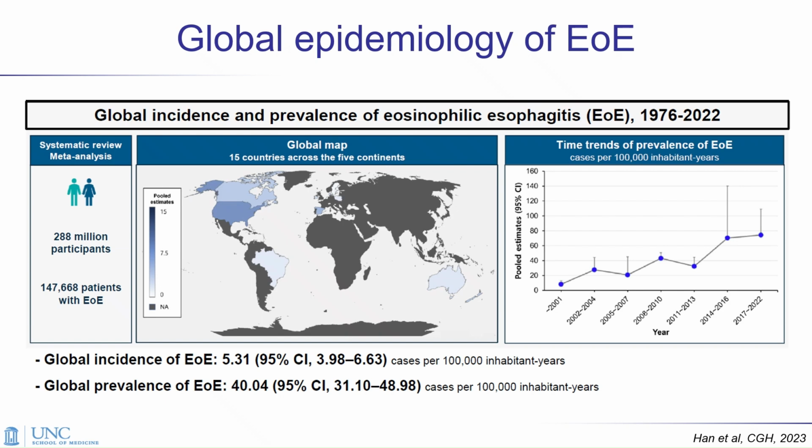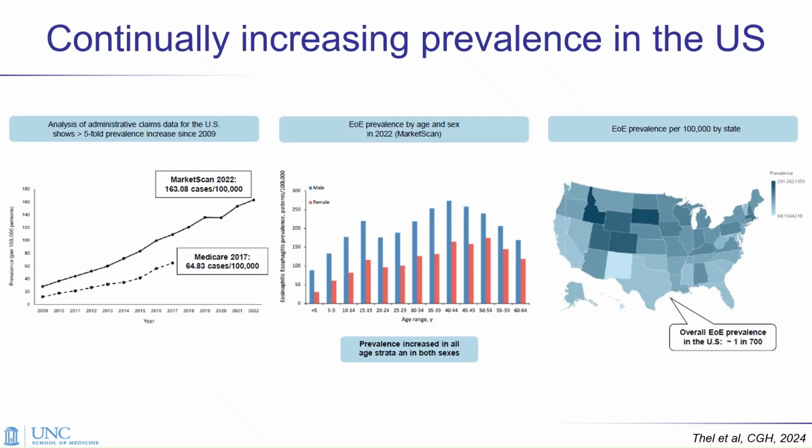But that's average over 20 years for both of those numbers. So what does it look like for EoE right now? Well, I'll give you this example in the United States, where these are the most recent data that we have. Essentially, EoE is continuing to increase in prevalence, or the total number of cases. And you can see here in this graph over more than 15 years,